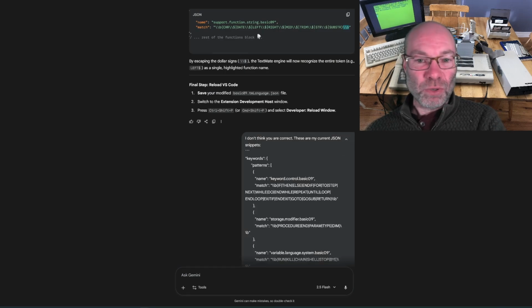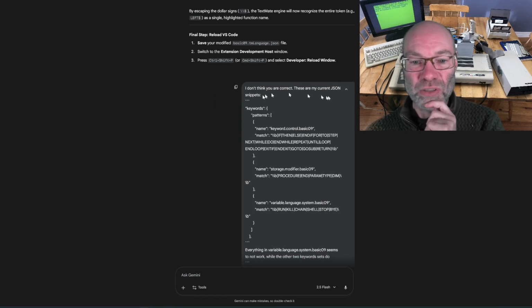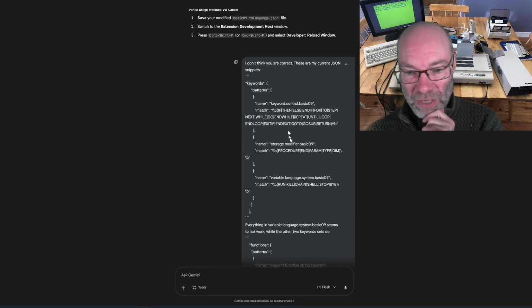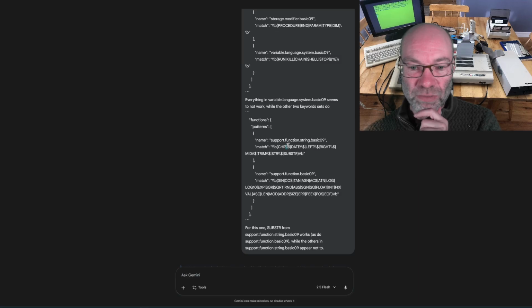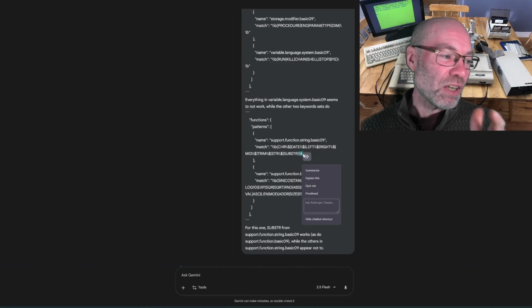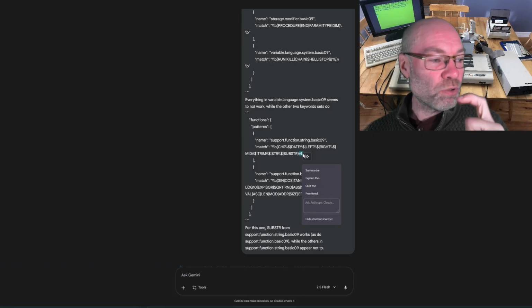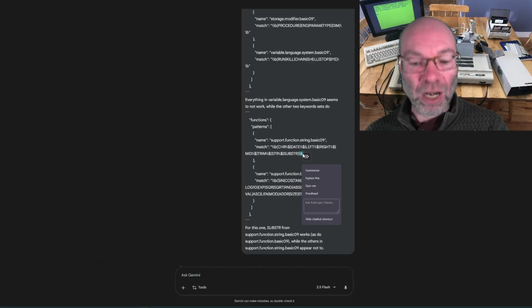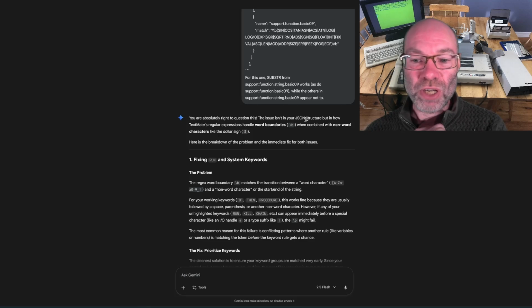In fact, it gave me this, but it didn't catch that. So that's where I came up with saying, these are my current JSON snippets. So it did have the double backslash, but this was the problem. Sometimes if it doesn't give me the right answer, I can give it the examples of, well, here's exactly what I have, and I'm not seeing what you're telling me I should be seeing. And so then it came back and said, you're right, the issue isn't your JSON structure, but how